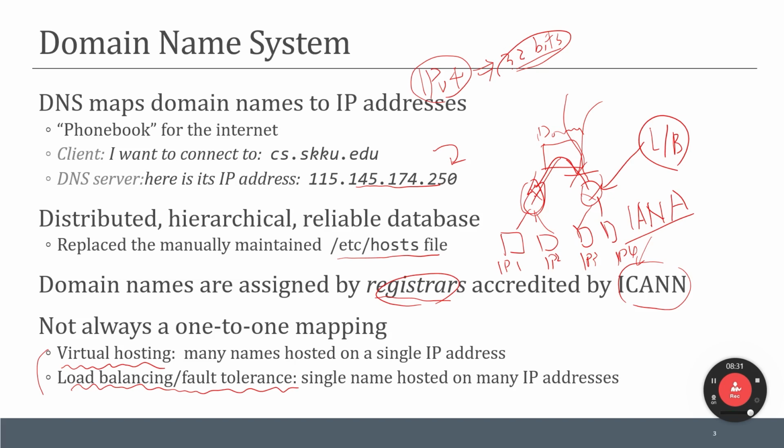So it's possible to have multiple IP addresses for load balancing or fault tolerance with a single domain name, and vice versa.